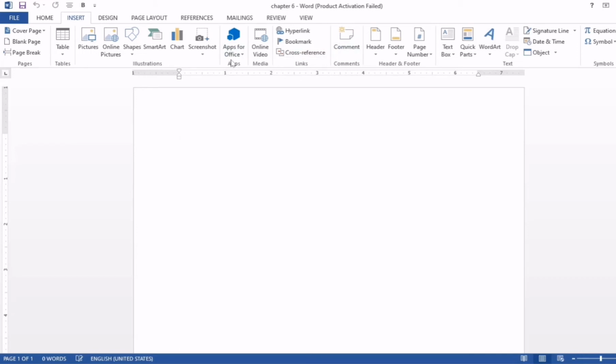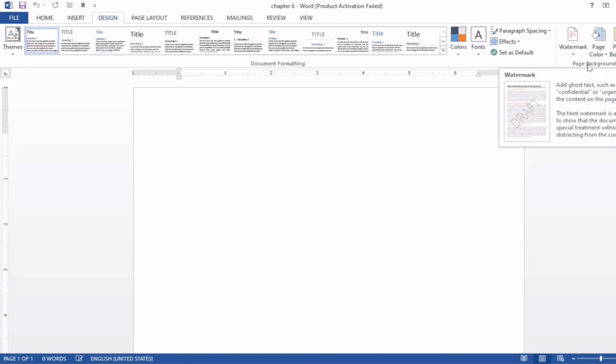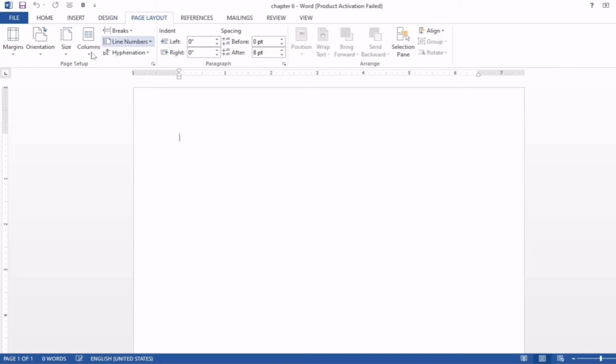In the design tab you can see different designs and themes, and here color, fonts, watermark, page background. Same in page layout, these are different groups: page setup, paragraph, and arrange.